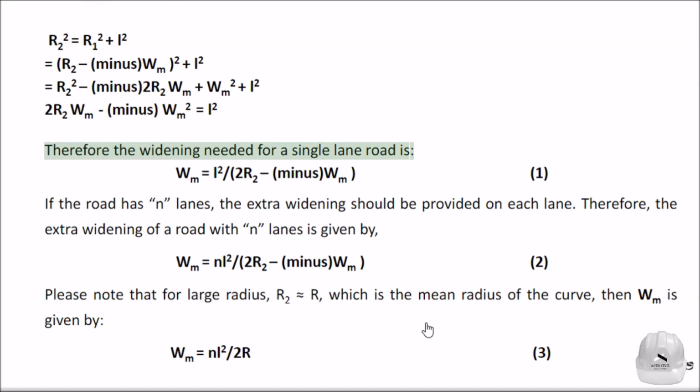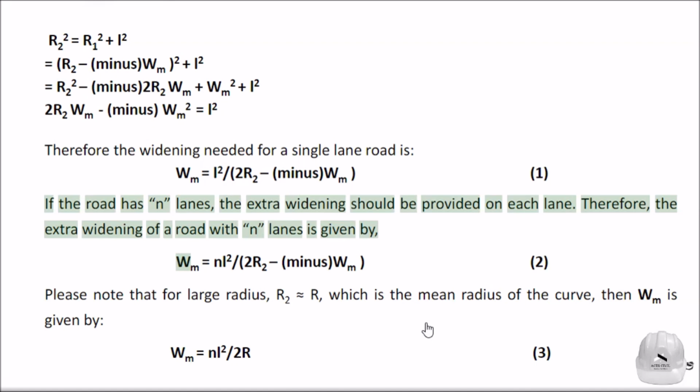Therefore the widening needed for a single lane road is W_M equals L squared over 2 R2 minus W_M. (1)